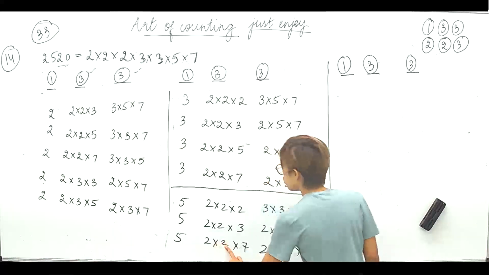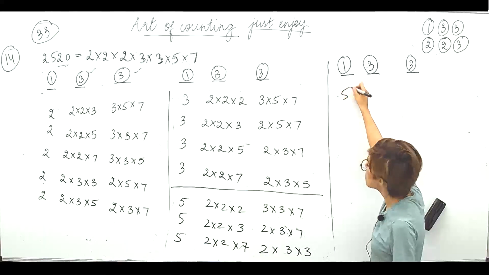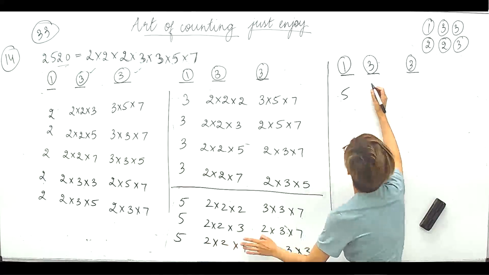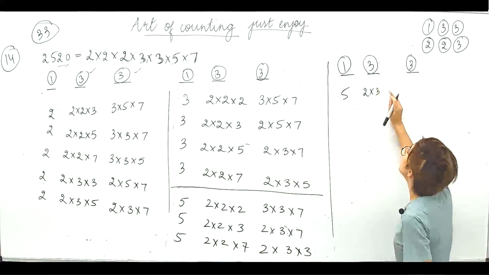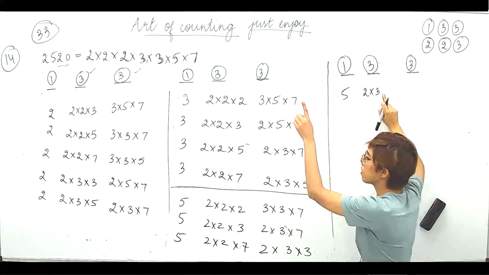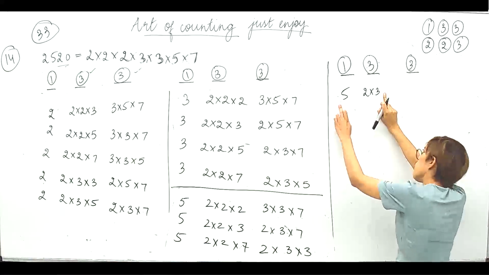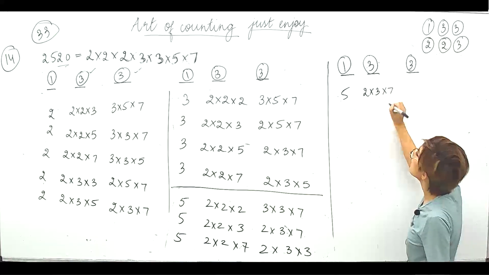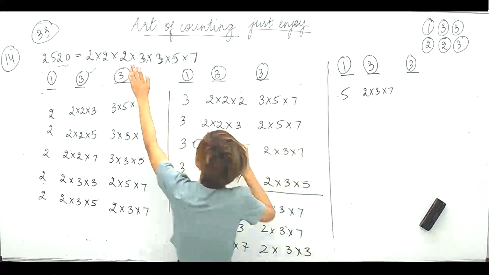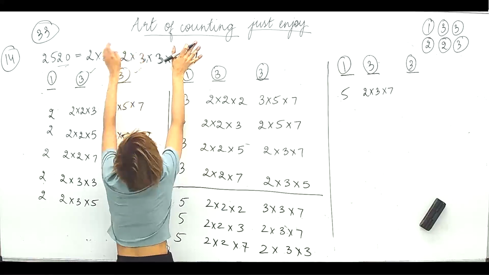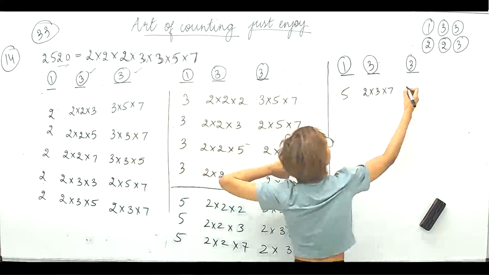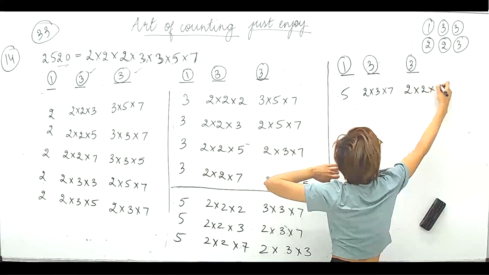अब जाएंगे 2 into 3 पे. So again careful, 5 remains same. So 2 into 3 now. So 2 into 3. अब obviously यहाँ पे 2 नहीं ले रही हूँ मैं. Consider cases कर चुके हैं. Right? 2 into 3 into 5 नहीं ले सकती. 5 यहाँ पर है. So 2 into 3 into 7. So 2, 3, 7 मैंने ले लिए. 5 already ले लिया. I am left with 2 into 2 into 3. 2 into 2 into 3.